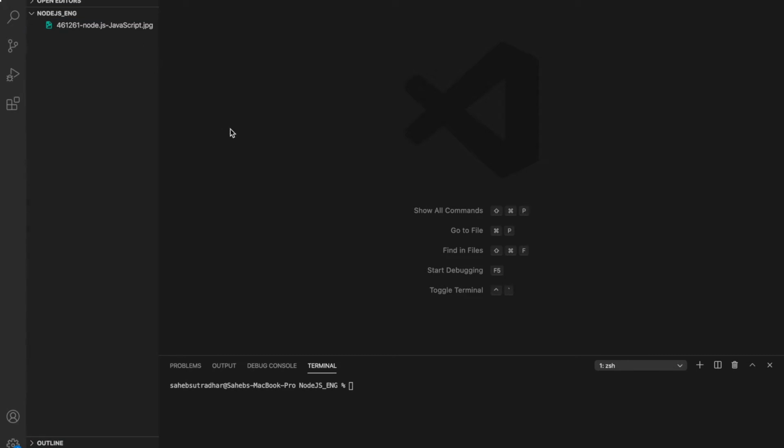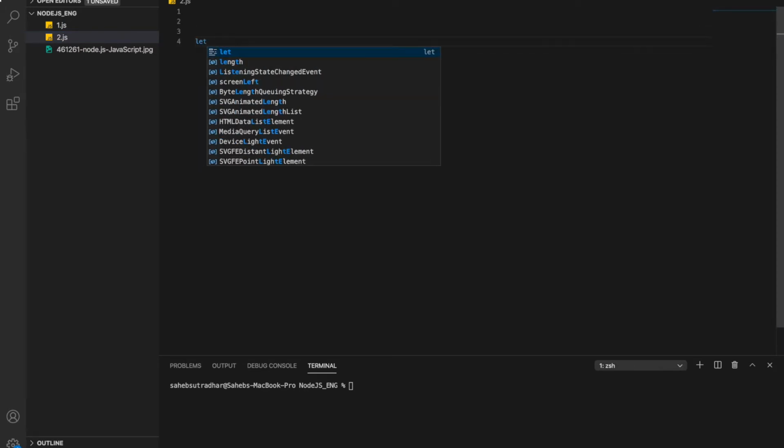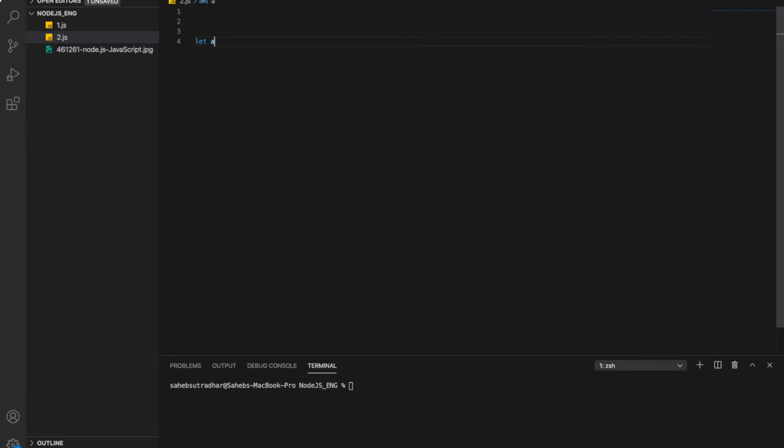Suppose you have file number 1 and file number 2. In file number 2, we have two variables. Let a is 1, the value is 1, and let b is 2, and we need a function which calculates the addition of these two values.